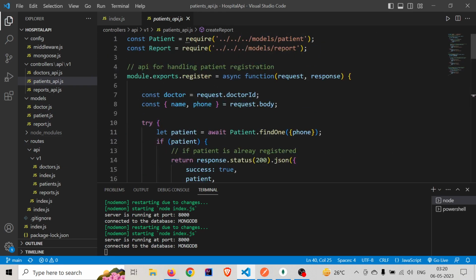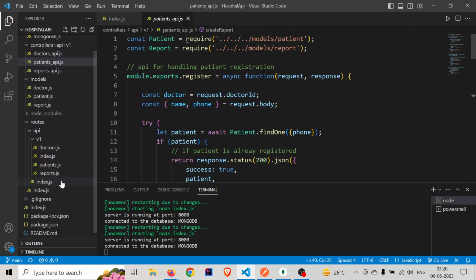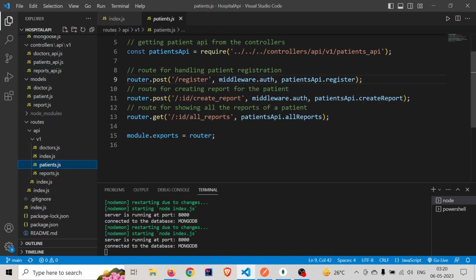These two functions only get called when the token that we get once a doctor logs in has been verified. Let me show it in the routes also. As we can see, we are using this auth middleware to authenticate the token first, and only then we call the register and create report functions.